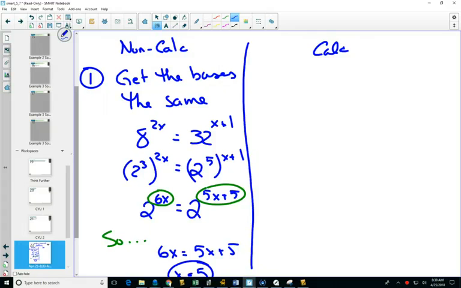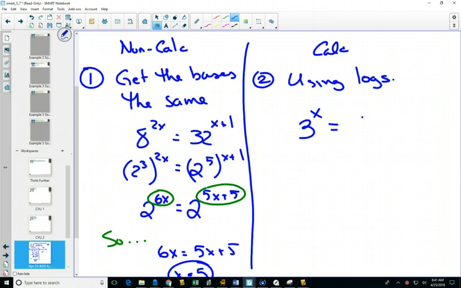And that's the second method that we learned, where you used logs to help you solve them. An equation like this one, we can't get the bases the same. And so then we have to use logs or natural logs or logs of any base to help us solve it. And the way that we go about solving it is we start